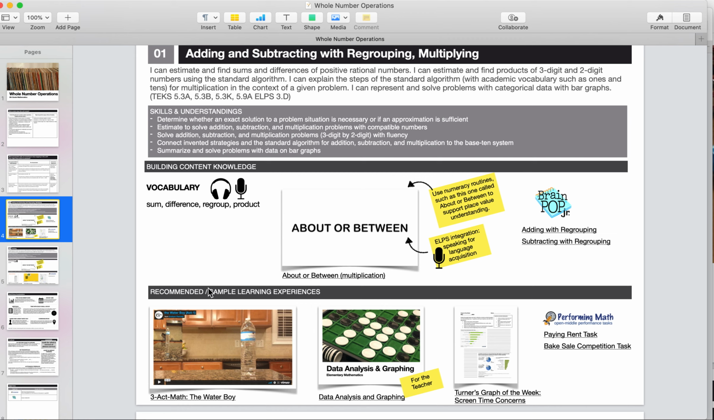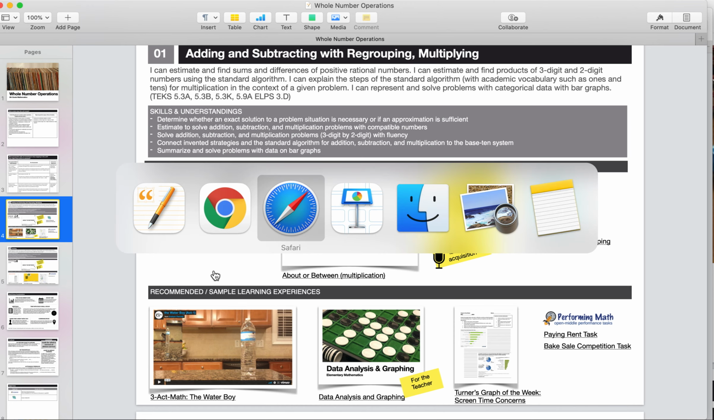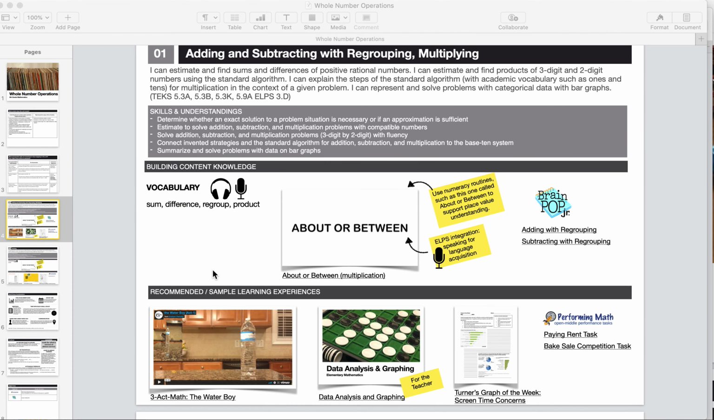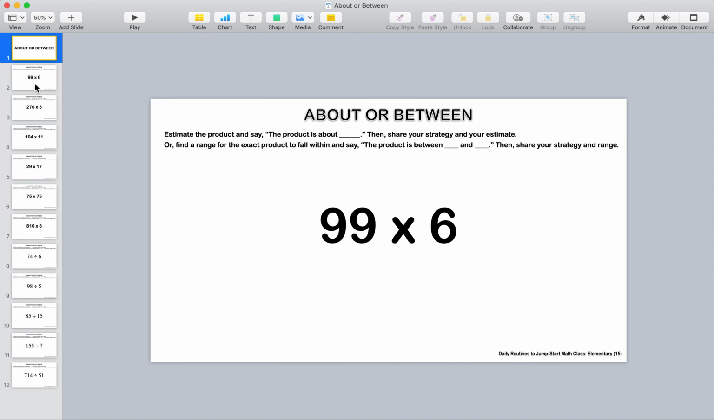This file, about or between, is a numeracy routine. And if you open it, it looks like this. Very simply, you give the students a problem like this, 99 times 6, and you ask them to either estimate the product and say the product is about,